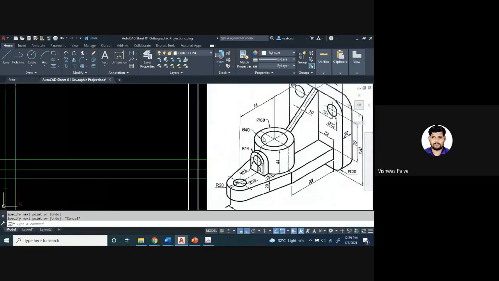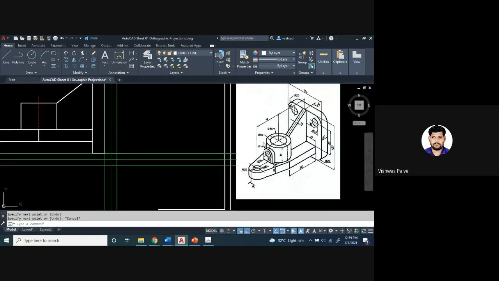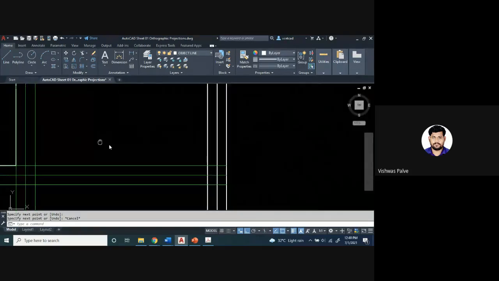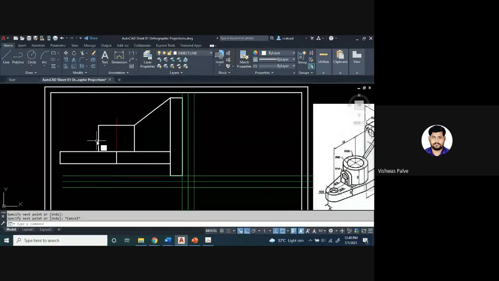Then this hole of 40 millimeter, a cylindrical hole, the cylinder is hollow from inside, so we have to draw that. How much is the offset distance? You can see the outer diameter is 60, inner diameter is 40, so the distance between them on each side will be 10. So I will take an offset of 10 millimeter from this point and 10 millimeter from this point. Okay, and I have to extend it. This hole always goes till the bottom. Please take a note of this. The hole will be till the bottom, and then we have to convert this into a hidden line, because it is an orthographic projection. We have to show the hidden lines.